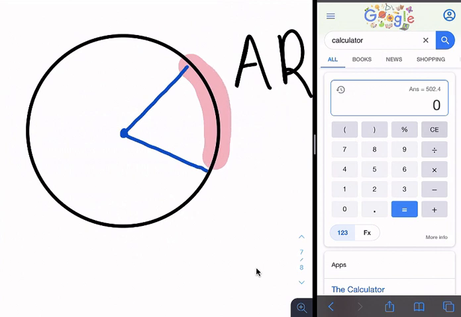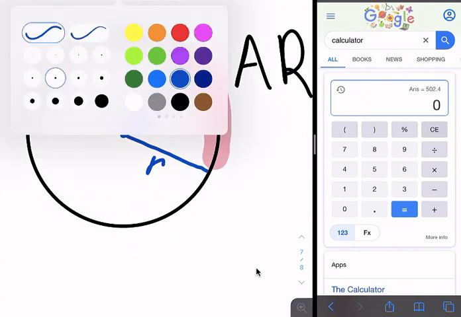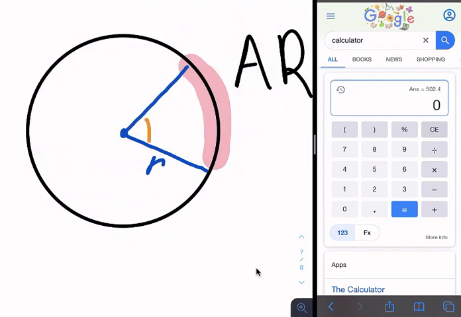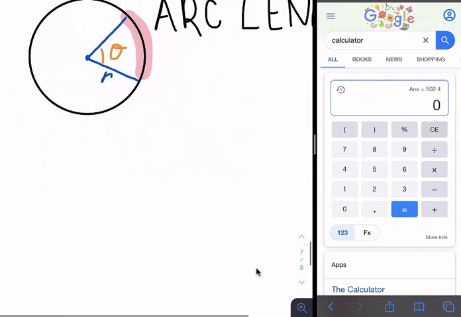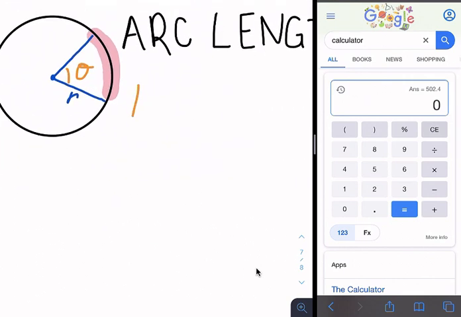Now, you are going to be given two pieces of information that you need in order to solve this problem. They are going to give you the length of the radius, and they are also going to give you what is called theta. And what theta really is, is the degree of the section that you're looking for. So, in order to find the arc length,